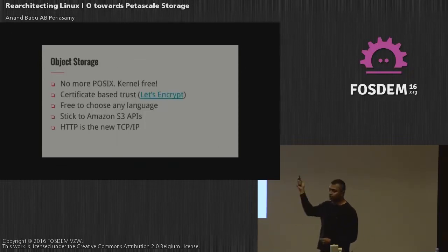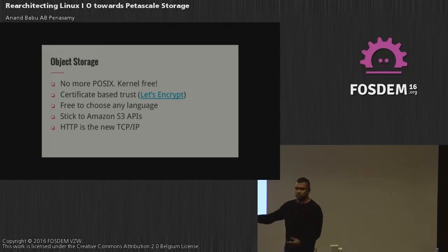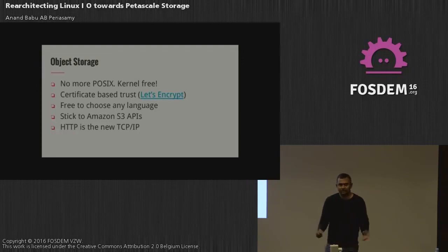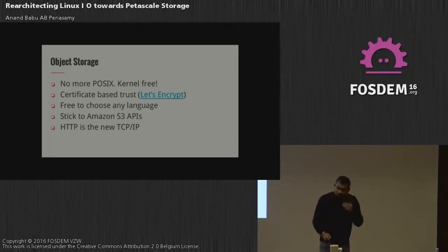So object storage, I won't go into detail, but I actually see object storage as the fast emerging one for storing unstructured data, because there is no POSIX. It's certificate-based authentication, because I can't trust the root and other users on other systems. It's just simple HTTP get, put, list and cert-based authentication. You can access it from anywhere across the internet. It cannot get simpler than that. It needs no special kernel extensions.